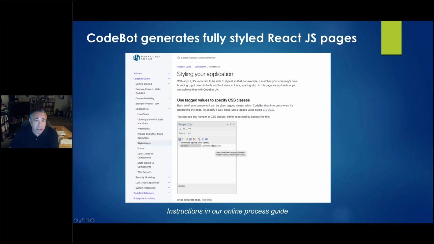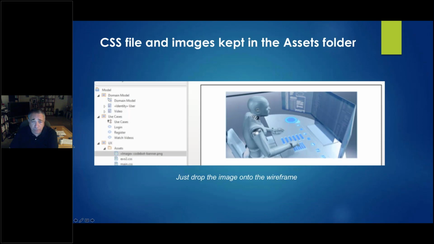So basically, in order to link a panel to a CSS class, I use a tag value here called CSS class, and I specify it. So here's my assets folder showing my image, which is codebotbanner.png. That's this image.